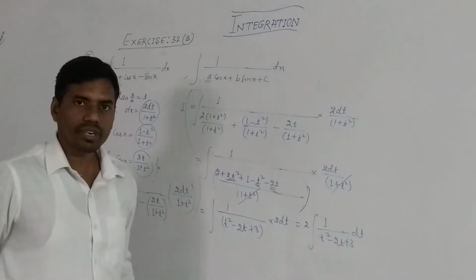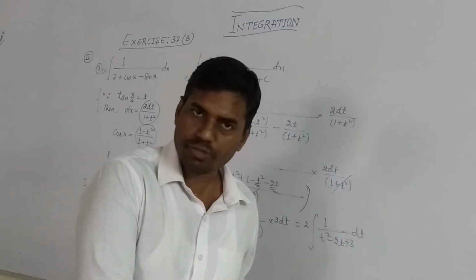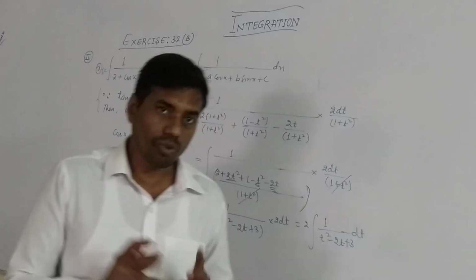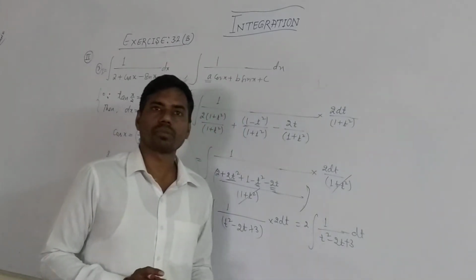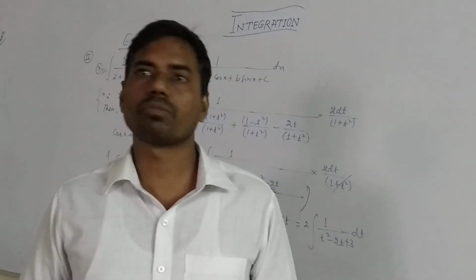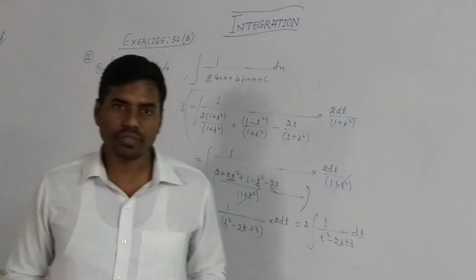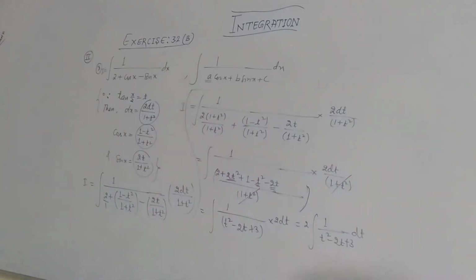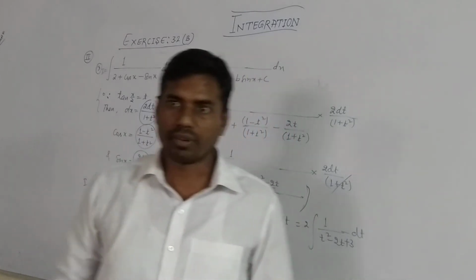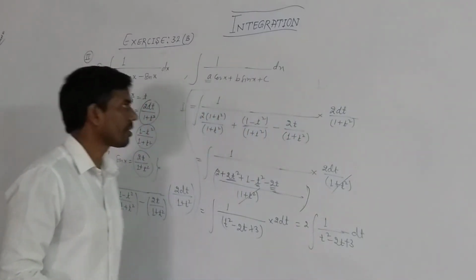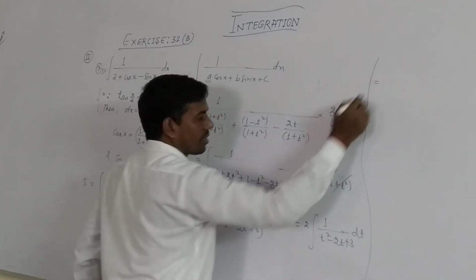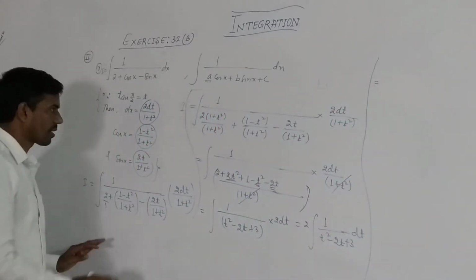Now our denominator is expressed as a quadratic expression in t. You are able to find the integral of such a format, that is integration of 1 upon ax square plus bx plus c dx. Okay, this can be solved using the perfect square method. Okay, please make a note, and after that we will solve next.